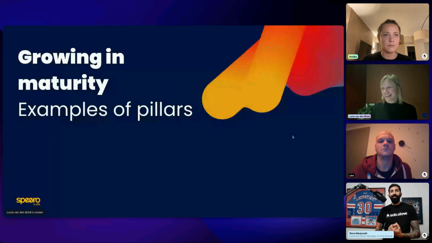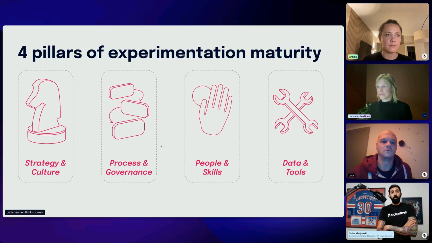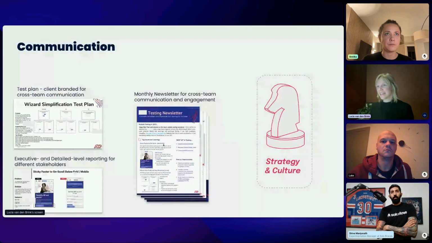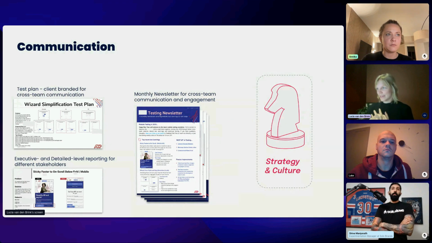Yay. Then some other examples of stuff around the test. So these were just 3 really tactical examples of A/B test. But then what about those pillars that Shiva just showed us? So just a quick overview again. These are the pillars. And I wanted to show a little bit of the process behind the A/B test. So, for example, for strategy and culture,